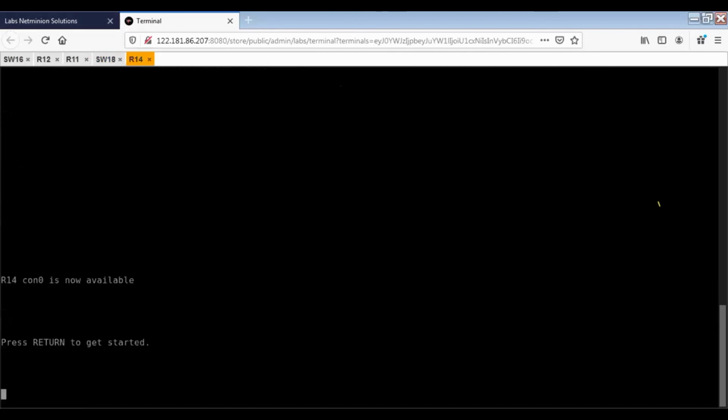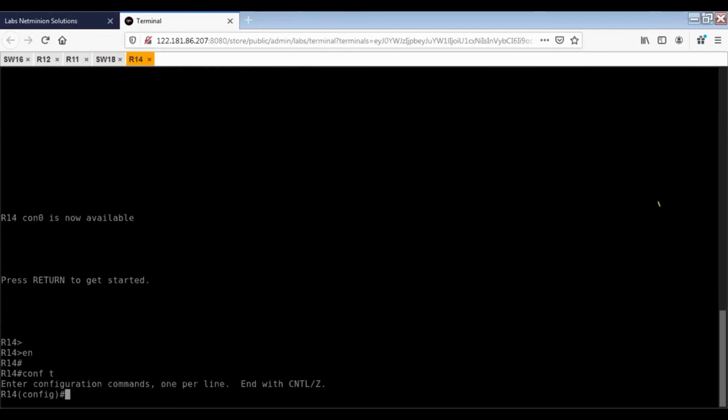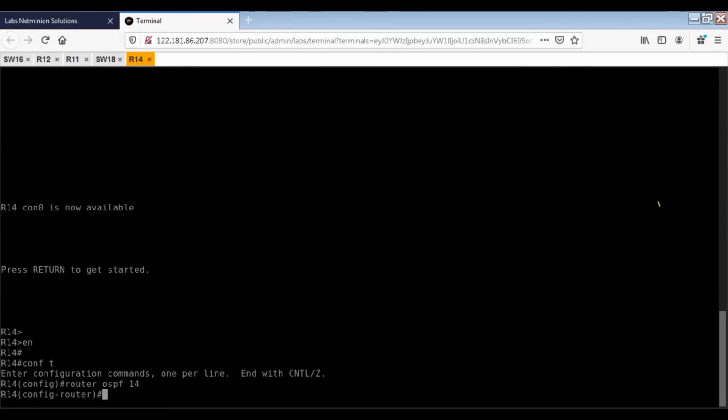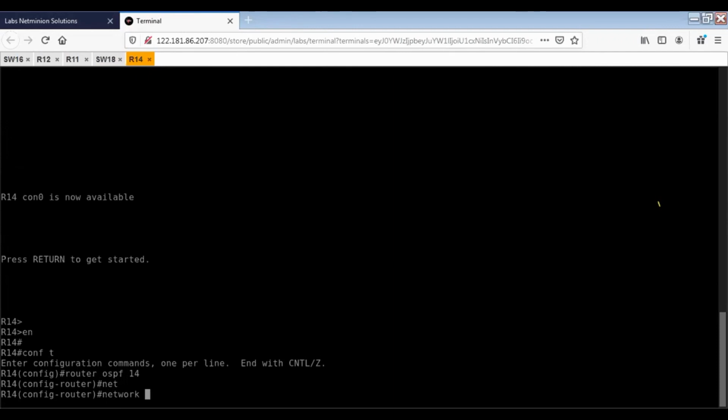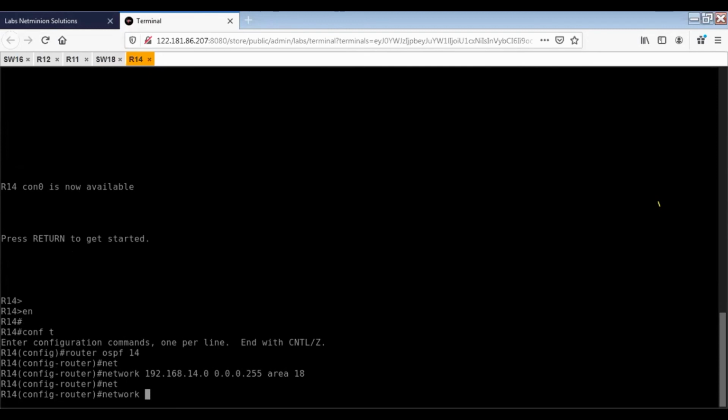Now our 14, router OSPF 14, network, area 18, network.